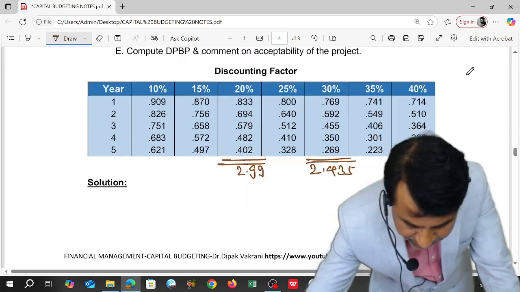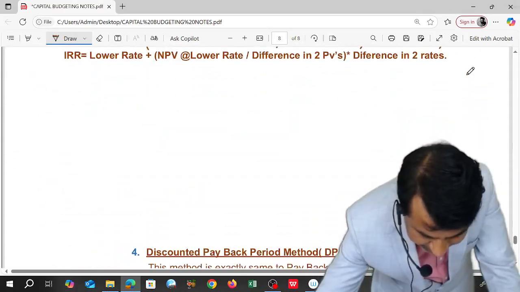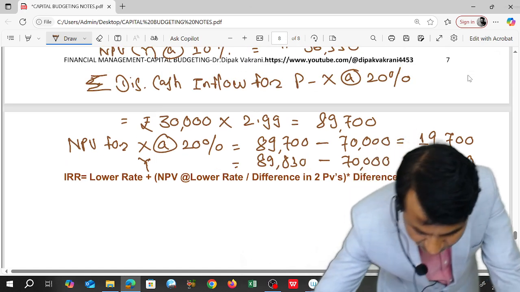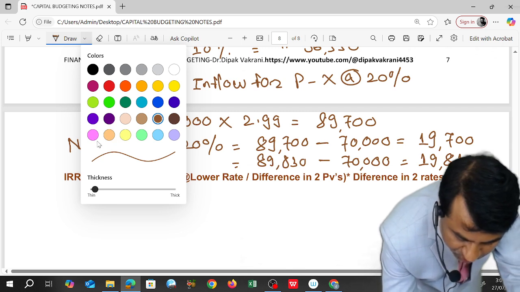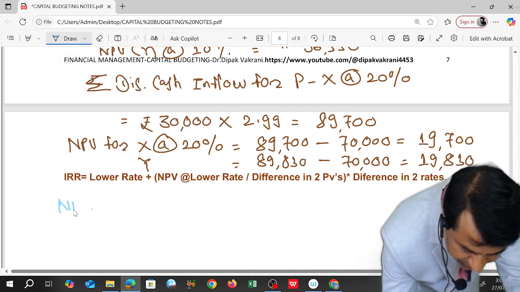So let me try 30% now for IRR, because I'm trying for 30% now. 10 is already done as the cost of capital, 20 also done, now I'm doing 30. Let's check what kind of difference it is going to make. So NPV at